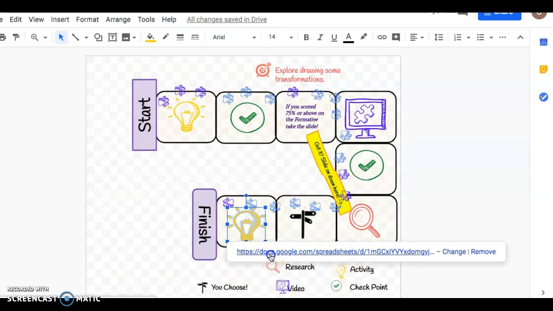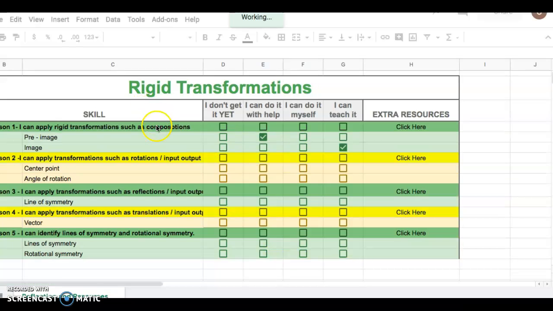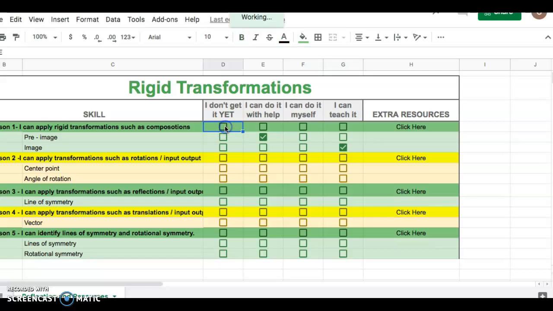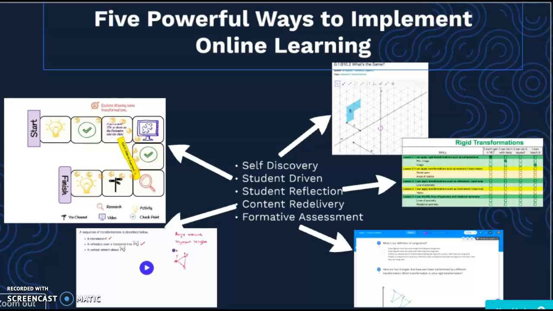And then they'll finish up the game board by a student reflection where they can mark down if they get it or if they do not get it. So I didn't get it, and so forth. And then they will complete the student game board, and then we will complete the class with a whole group discussion. Within the online learning component on station number 3, I've come up with 5 powerful ways